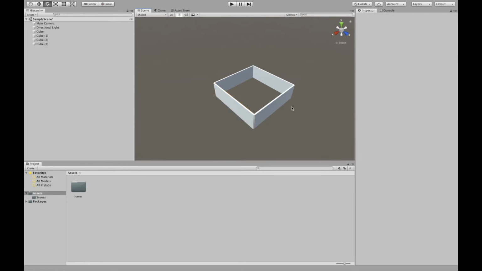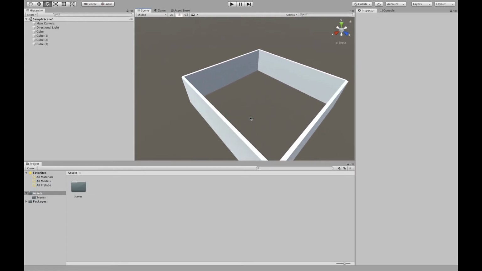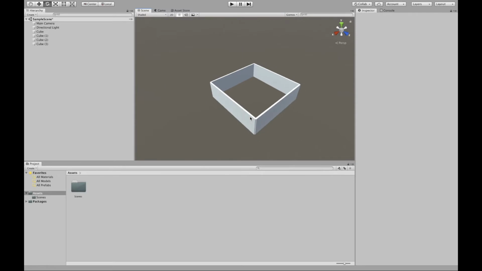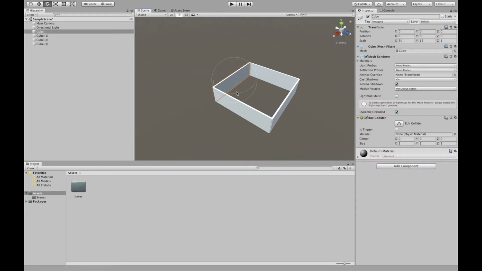Just leave it like that. Boom. And let's see. Yeah. So now you have basically a little box that you can cover with another cube. You can command duplicate, command D, or